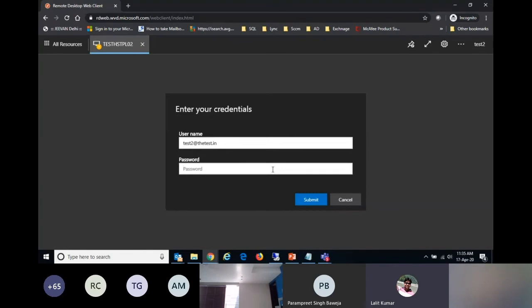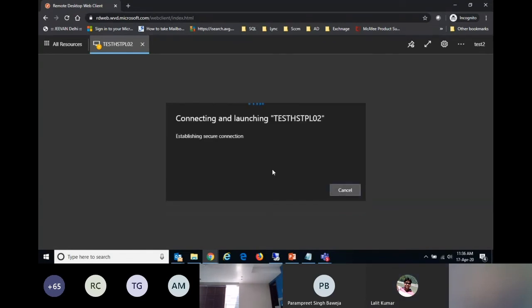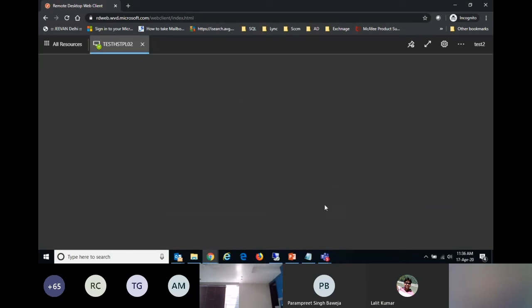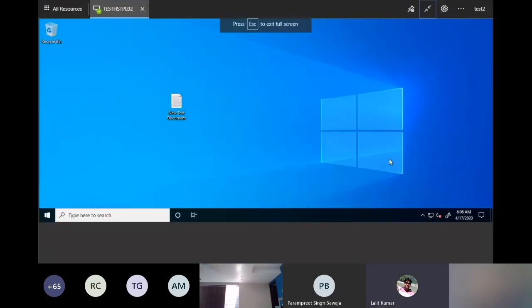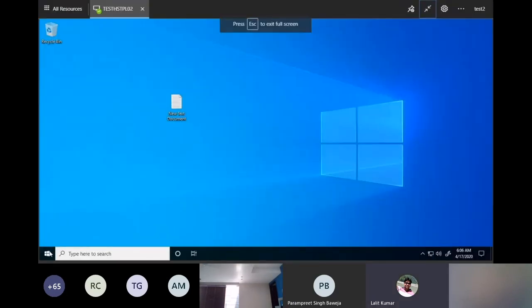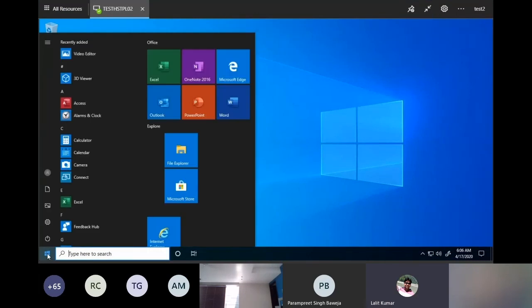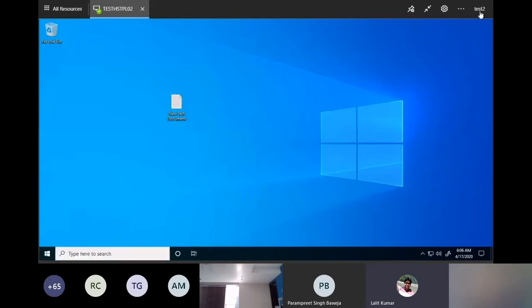And password again. Again, maximized, and you can see the host pool which has Office 365 Pro Plus. You can access Word, Excel, PowerPoint as per your need.